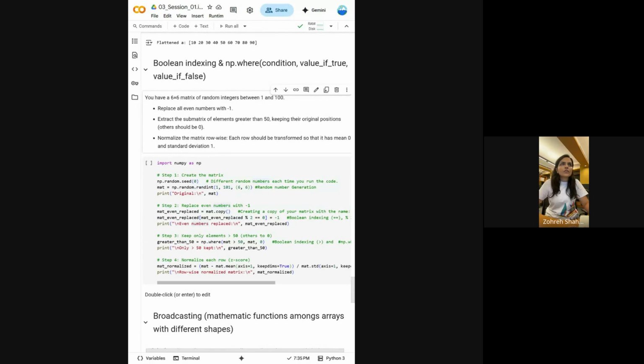Extract the submatrix of elements which are greater than 50. For example, we have created a 6x6 matrix. We already replaced even numbers with -1. Now we want to make a submatrix with only elements that are greater than 50. So how do we want to do this? And of course, we again need to go through the elements one by one and come up with a Boolean indexing. But this time we say if this element is bigger than 50,